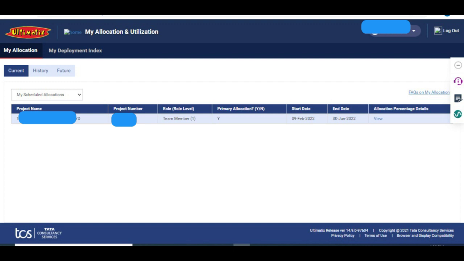I mean, they will extend after some time. They won't allocate you for 1 year directly. They will divide it into months. It doesn't mean they will deallocate on June 30th, but they will extend after June 30th. And here in the view, we can see the